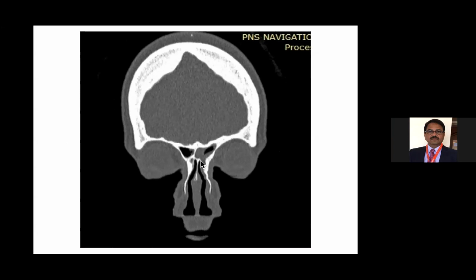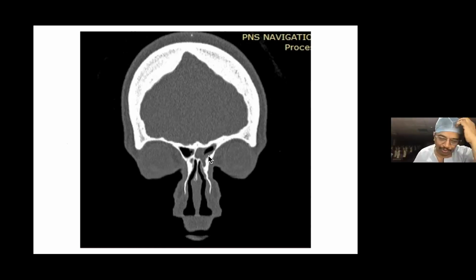Now at this point, I will look at whether there are any cells within the frontal sinus. No cells. So that means K3, K4 are excluded. K4 means Kuhn cells. Whatever may be the naming, understanding is more important. Many classifications exist, whether you call it Kuhn or a type. Whatever method you follow, study the CT scan thoroughly.